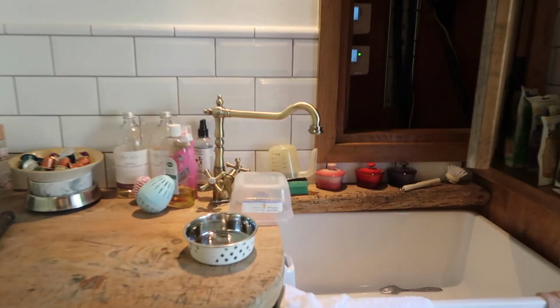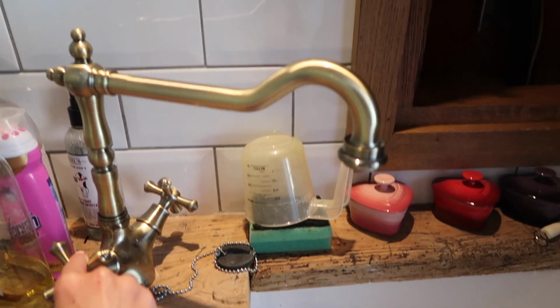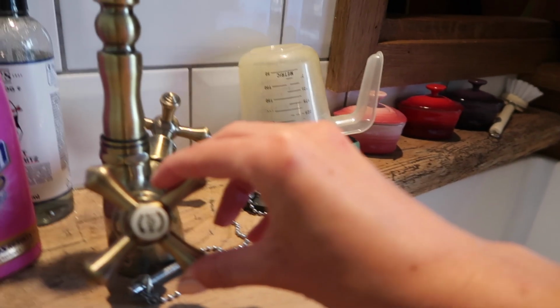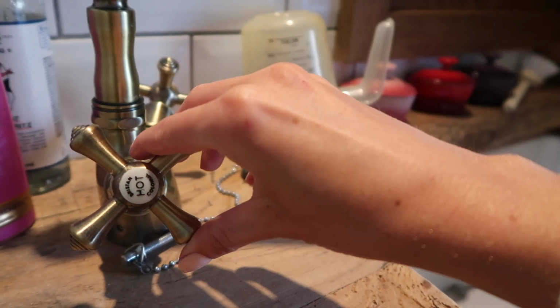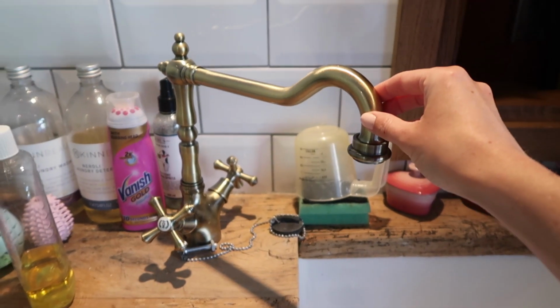What I do love in here is the tap. I actually prefer this to the kitchen tap. It looks like Perrin & Rowe, and they are a brand that I discovered, I think, on Pinterest. I don't know if this is from Perrin & Rowe. What does it say down there? No, that's just a serial number. What does that say? Bristol Colonial, that's a different brand. So yeah, obviously Bristol made this tap. Maybe I'll look at them for something similar but in pewter for the kitchen,